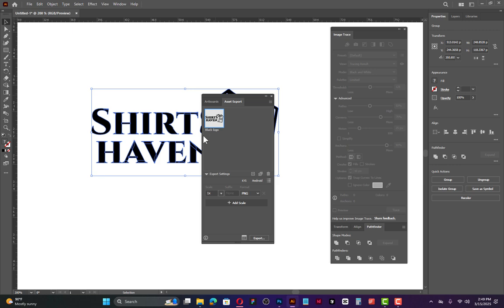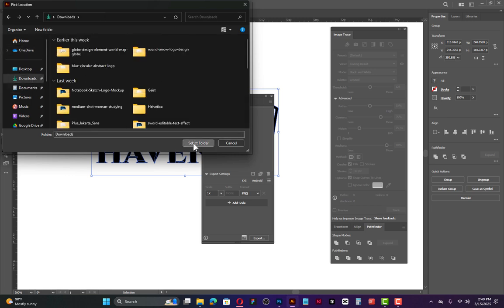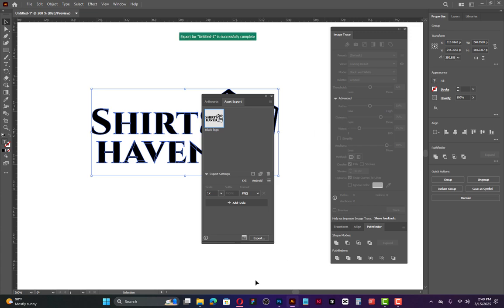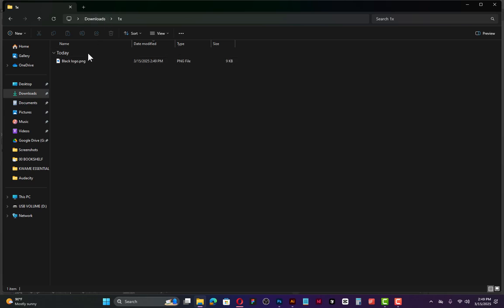So after naming it as black logo, you realize that you see as PNG, you can export. The moment you export, it's here. Okay, you can select the folder. I can download, save it in my downloads, and when I go to my downloads, I should find it here as 1x folder. Click and drag it into Photoshop,